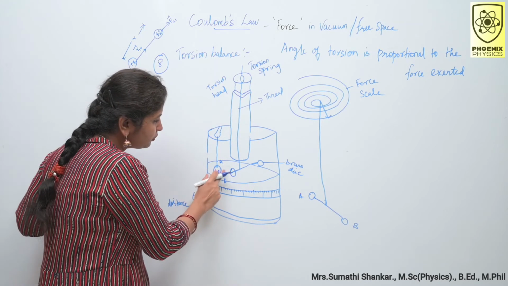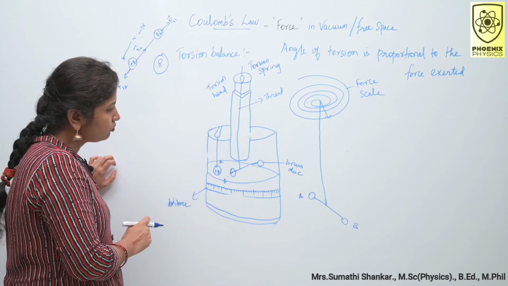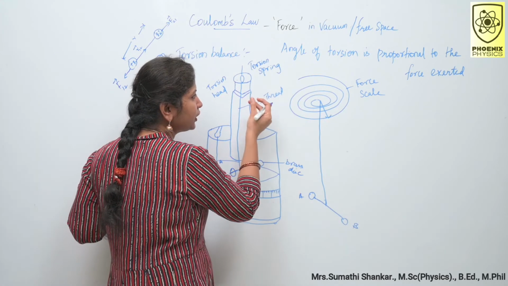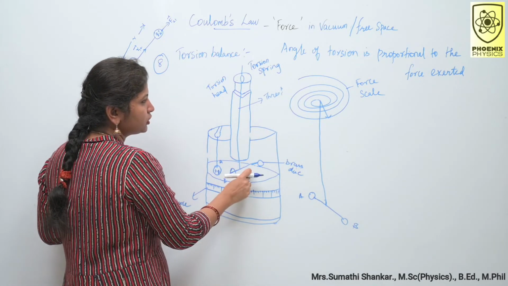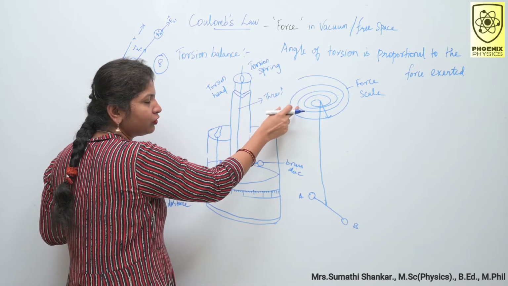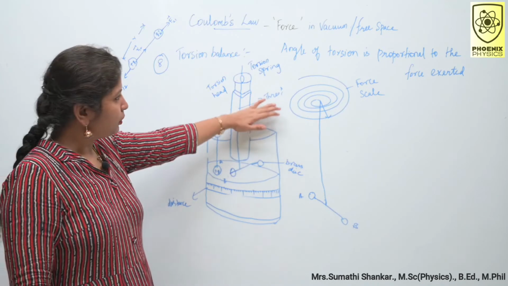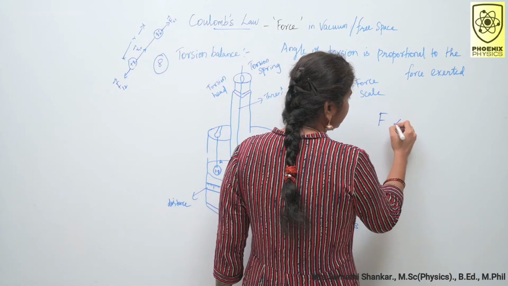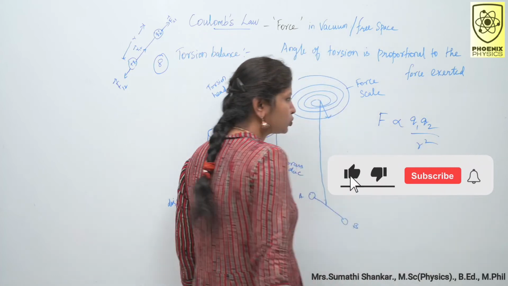So the distance between the two spheres is measured by this scale. Due to this turning effect, we can measure the twisting angle from the spring-like scale. Because of this twisting, we can measure the angle of torsion from this scale. So this is the experimental setup. From this apparatus, he formulated that F is directly proportional to Q1 Q2 and inversely proportional to the square of the